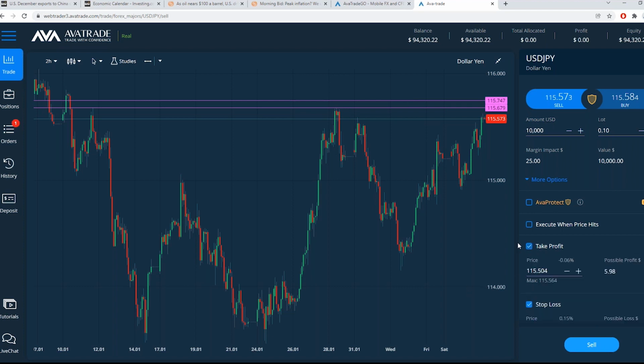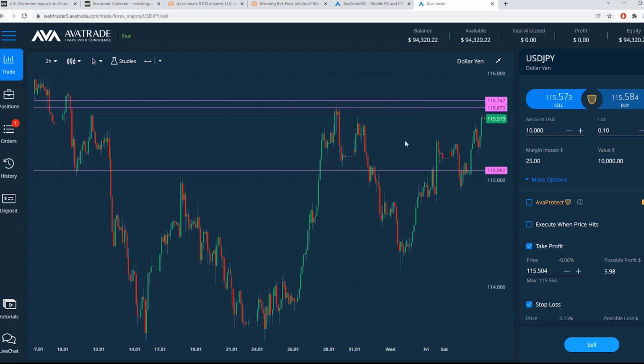I don't have to risk much to do that. And I'll put my take profit if there is a reversal. This could come down to the first support area, maybe down here. Okay, we see support, resistance. This was a breakthrough. Look at the momentum it took to break through that. Then that became resistance. And the momentum it took to break above this, large candles, and that became support and kind of a transition area at that price level. So maybe this is a spot where if it is going to pull back, it could find some support here because that was old resistance and old support back here.